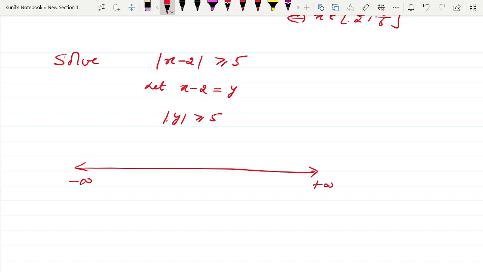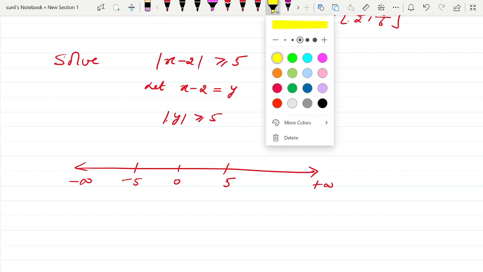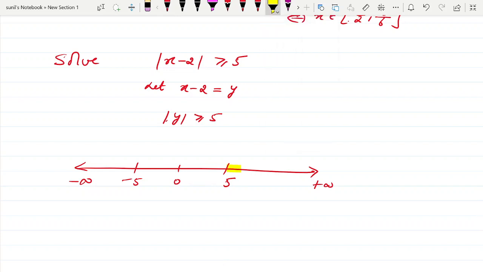Look at this. Here is 5 and here is minus 5. What we need is that the distance from the origin has to be 5 or more than 5. So which region are you going to shade? You are going to shade this region including 5 and this region including minus 5. This dark circle means we are including the point. So where does y lie? That is, y is either greater than or equal to 5 or,